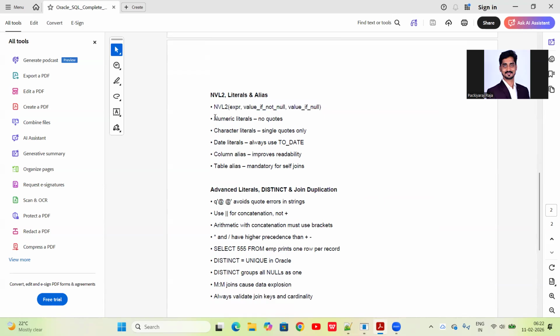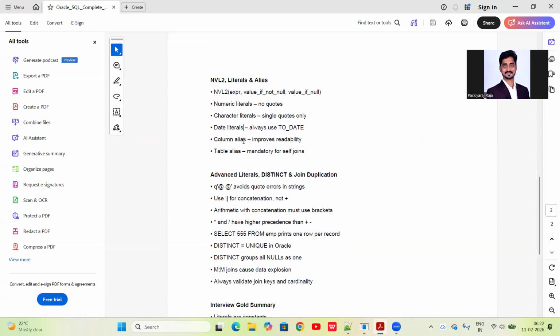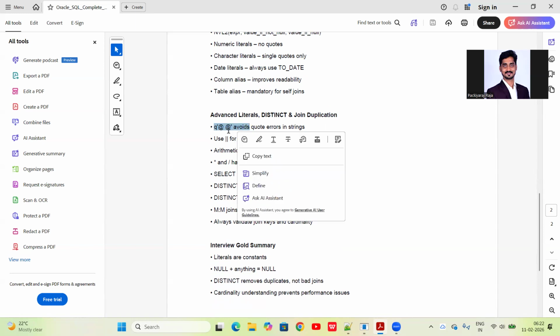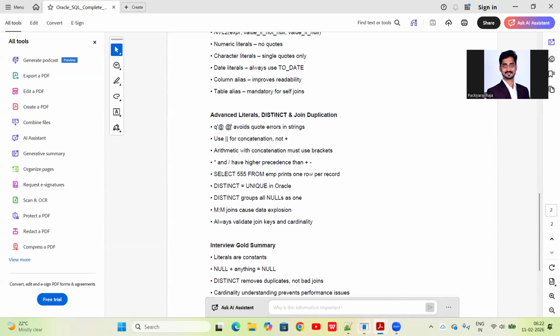So these are the basic rules. Numeric literal, no quotes. Character literal with single quotes. Date literal also we have to put in single quotes. Column alias, and table alias, when we are writing a self join, it's mandatory. Okay. Q code. So when literals, if you want to